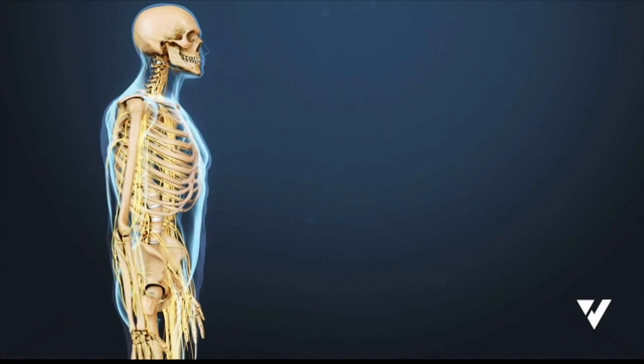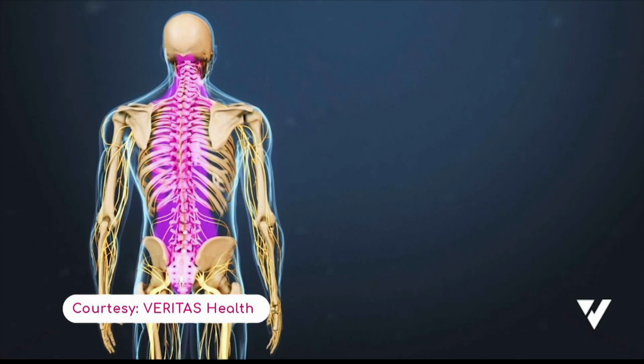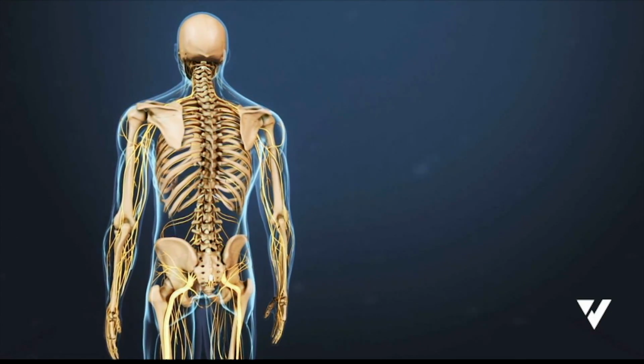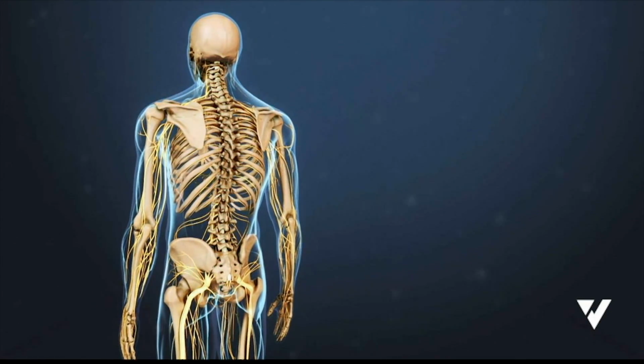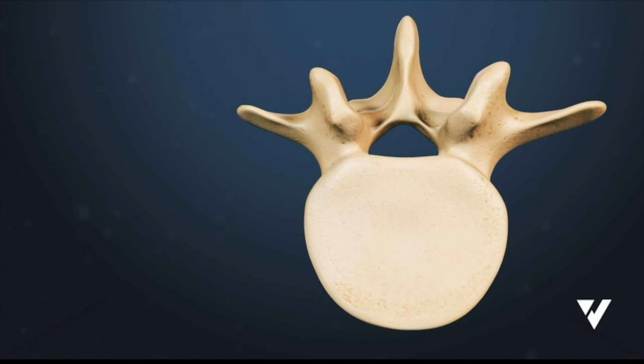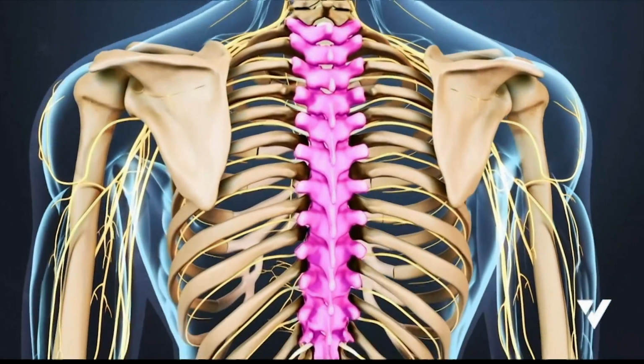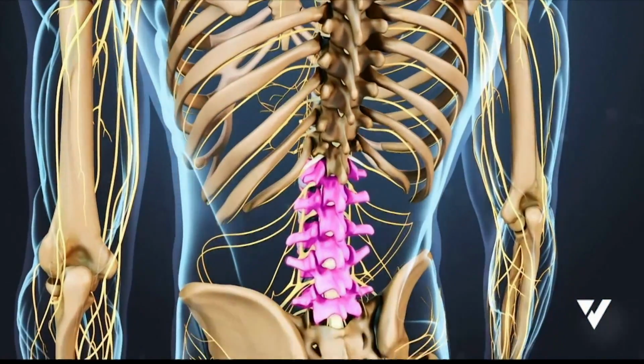The spine is an interconnected complex of bones, nerves, muscles, tendons, and ligaments, any of which can become damaged and cause pain, neurological symptoms, or loss of mobility. The vertebrae are the bony building blocks of the spine. There are 7 cervical vertebrae in the neck, 12 thoracic vertebrae in the upper back, and 5 lumbar vertebrae in